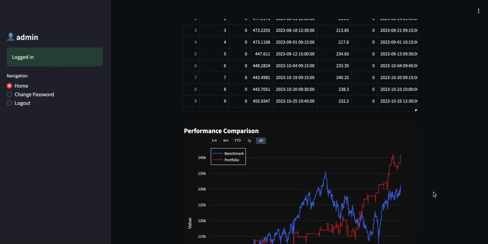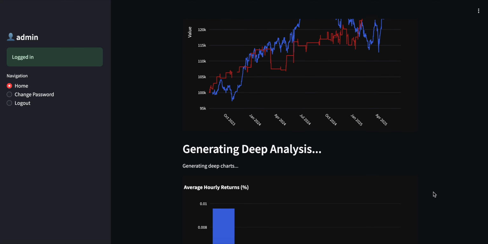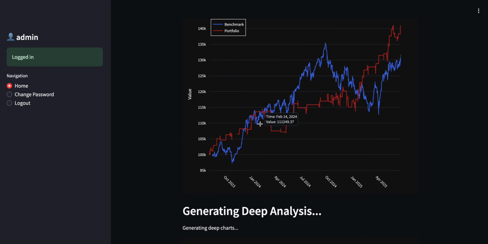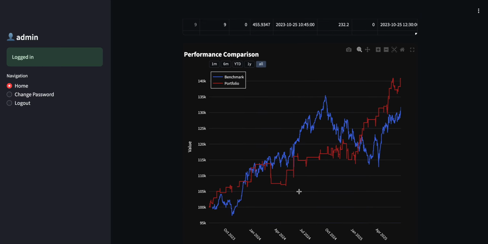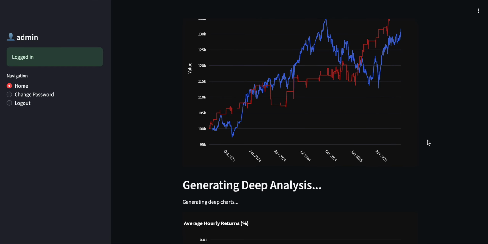When we do a comparison, we have something called deep analysis. Here in this chart we can see our portfolio and our benchmark. We are outperforming the benchmark, which is Nifty 50. But when we do a deep analysis, we have to understand that it is not only that NTPC is performing well, or that this strategy will work for all the Nifty 50